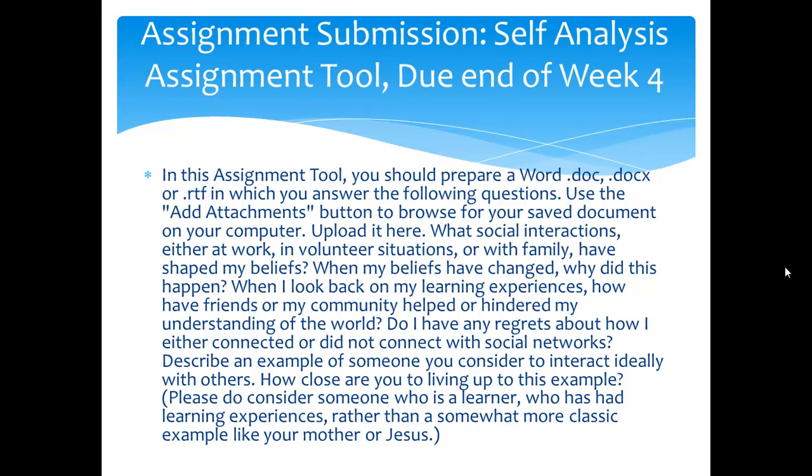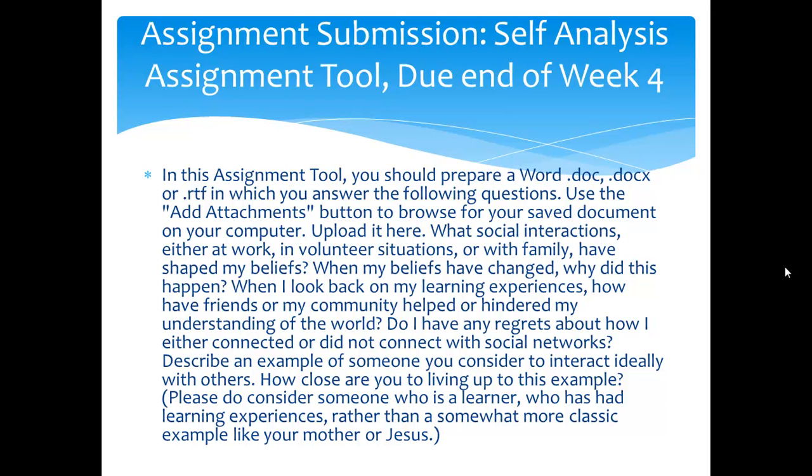And keep in mind that part of the process of thinking critically about these questions isn't that you're necessarily trying to always be positive or negative. You're trying to just do honest reporting of what went into your prior experiences. Do you have any regrets about how you connected or didn't connect with social networks? Do you think that you've in some ways been limited by your ability to connect up with different kinds of people with different backgrounds? Would that be something that would help you? Is that something that you'd like to work on?